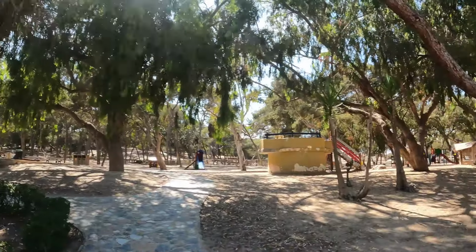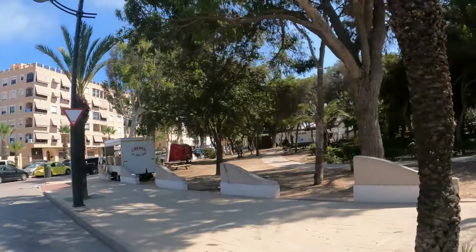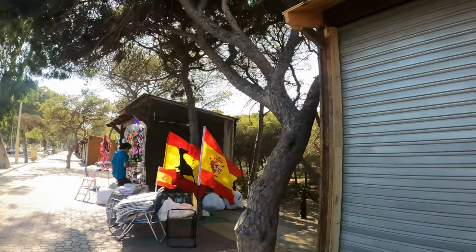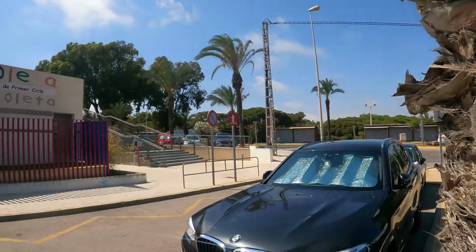And then later on you're going to have this whole fair up and running. At 6 o'clock, this place will be buzzing. They'll all be down at the fair. It will be open, and all these sheds will be open as well. And you'll be able to get all the flags, won't you? Can't see any English ones though. So you've got the Red Cross building just there, but now we're going to nip down to the beach,